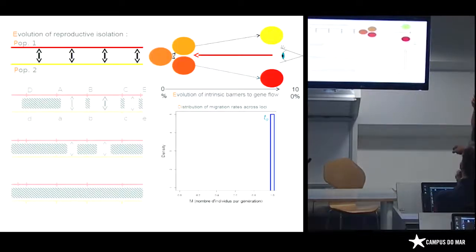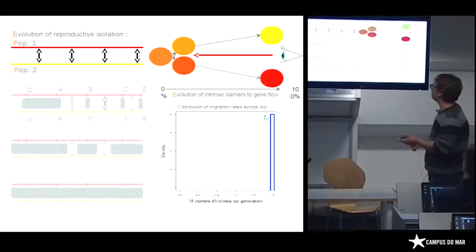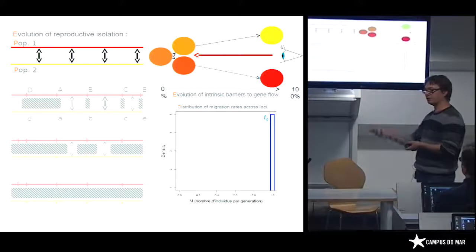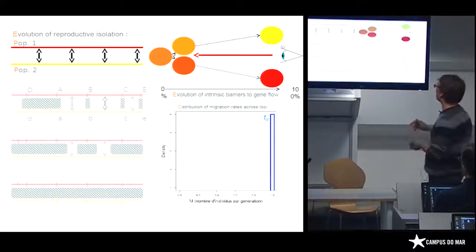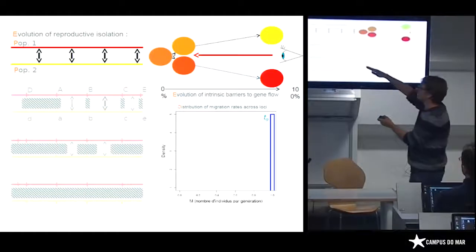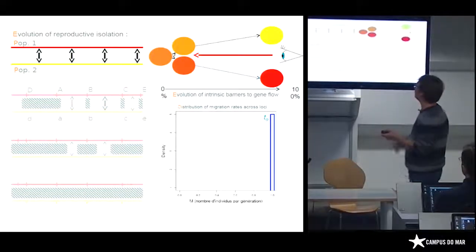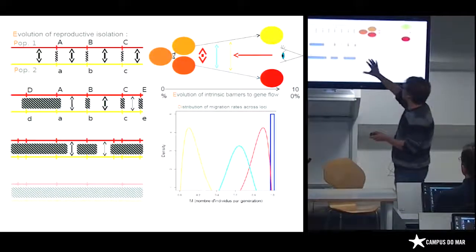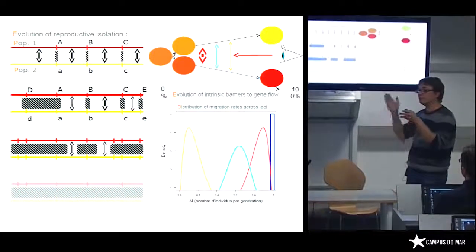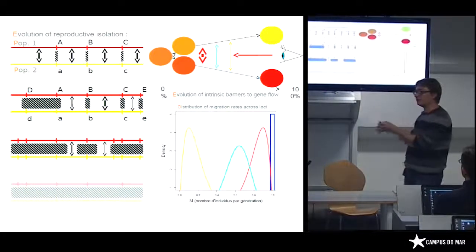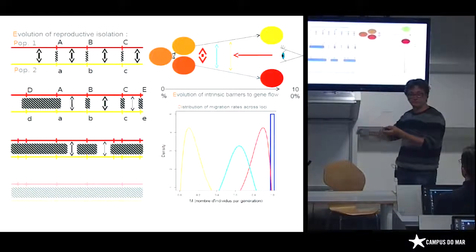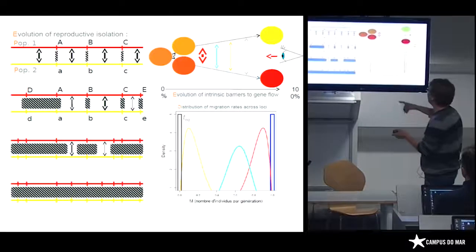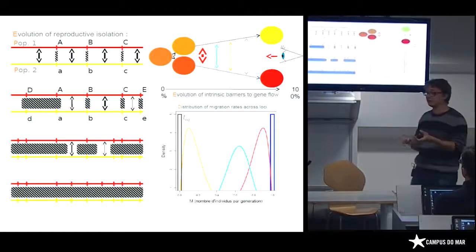Okay. So maybe I don't have to explain this again, but you remember yesterday that one of our aims is to account for the heterogeneity of gene flow in the genome, because at the beginning of the divergence you expect homogeneously high gene flow. In the middle you expect heterogeneous gene flow, with islands of genetic differentiation and neutral regions that exchange genes a lot. And at the end you have homogeneously low gene flow.